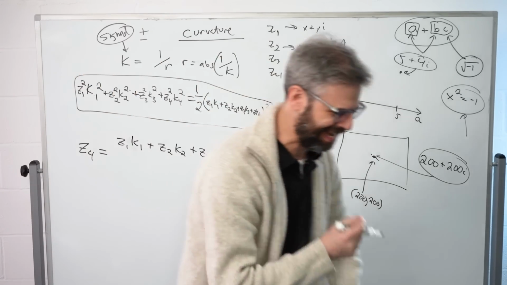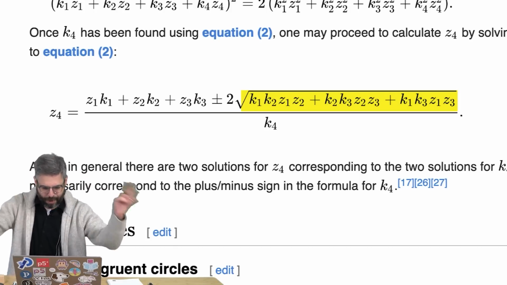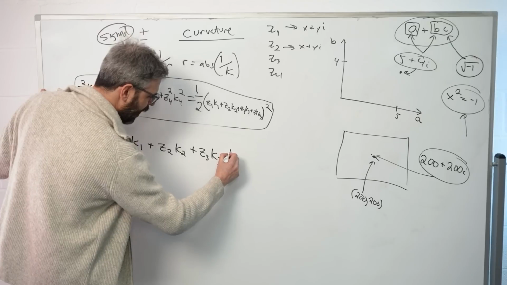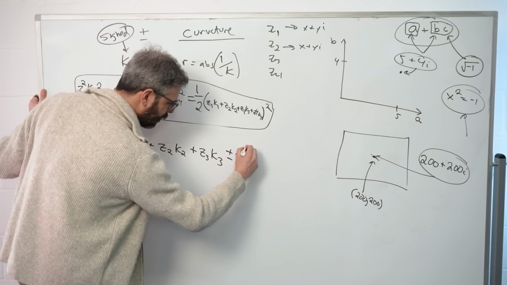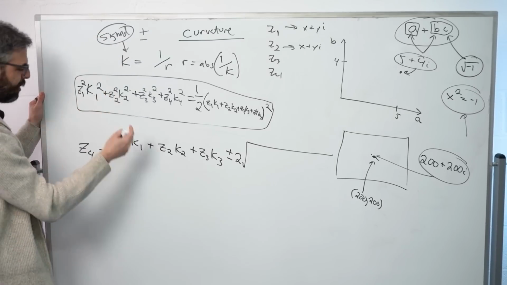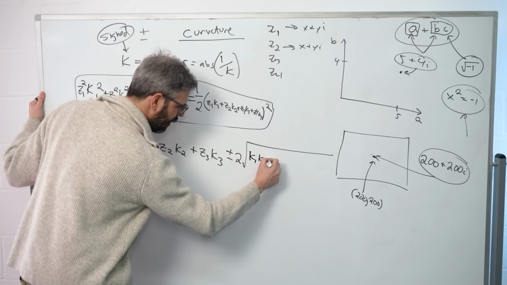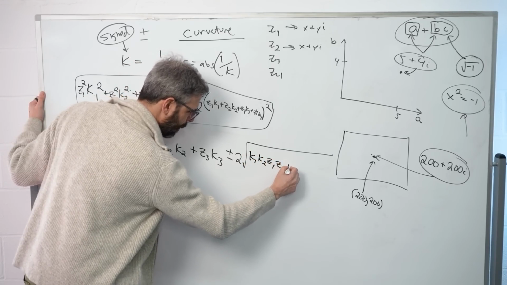I gotta go look at it again. The curvatures times the centers plus all the configurations. Okay, plus or minus 2 times the square root of z1 k1 times z2 k2, or I'm just going to write it this way, k1 times k2 times z1 times z2 plus